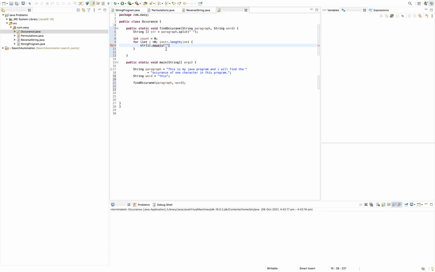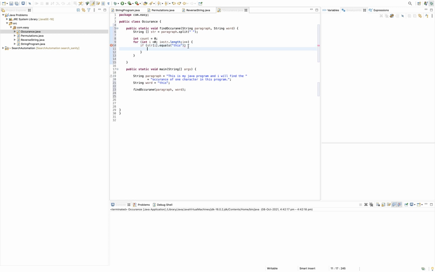So equals this, and this is going to return a boolean. If this equals this, then it will return true, otherwise it will return false. So I will use an if condition here, and if this finds it, I will just do count plus plus.